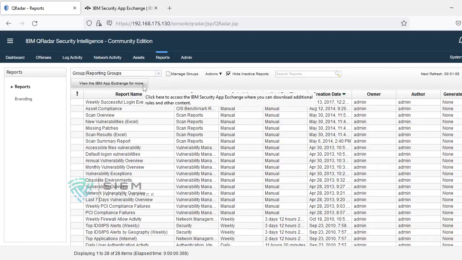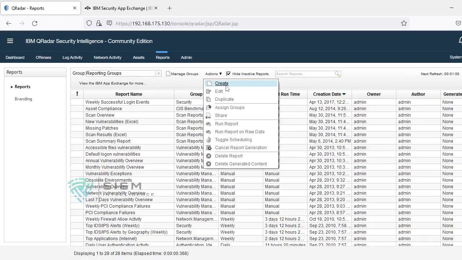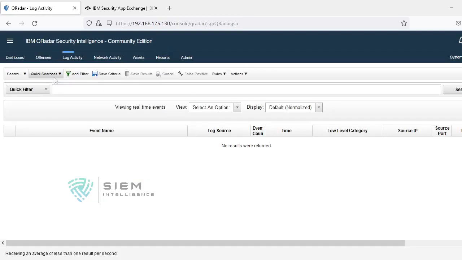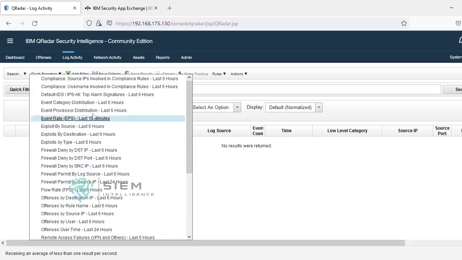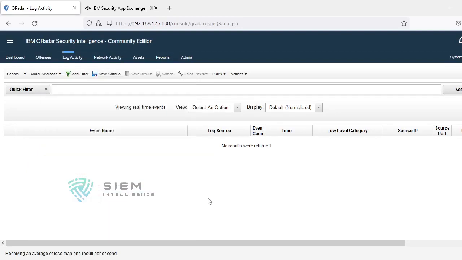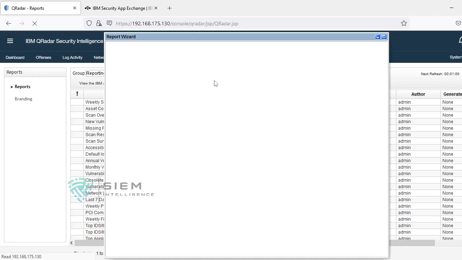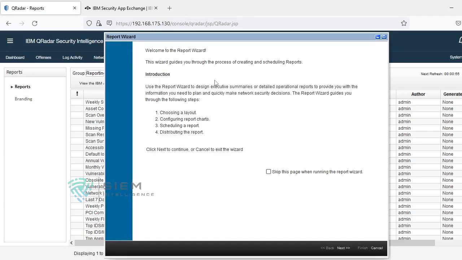See, if you talk about report, it's quite easy. Go to action, create a report. For the creation of a report, you require either log activities or saved searches. By default we have some saved searches over here. You can utilize these, or you can also create your custom report, as we have seen on log activities day, how to set up a quick report. Otherwise you can also set up your reports manually from here. See, create your report. It's quite easy. There's a wizard, it will open. Press next.